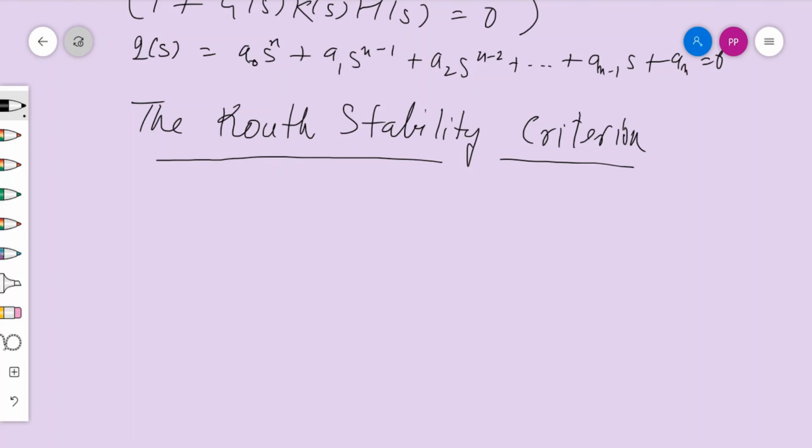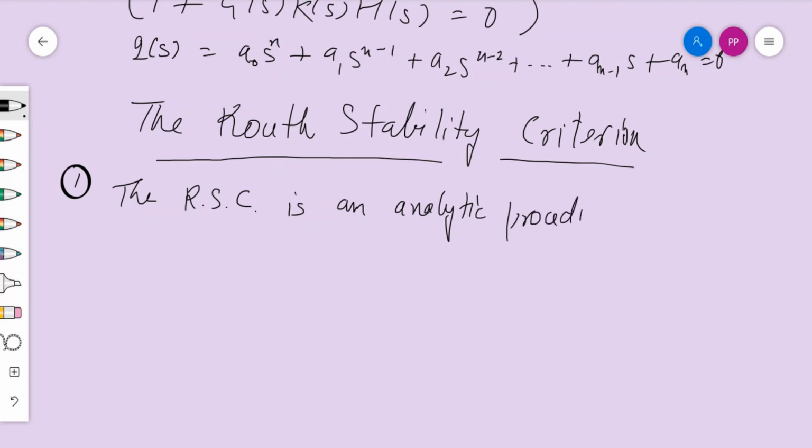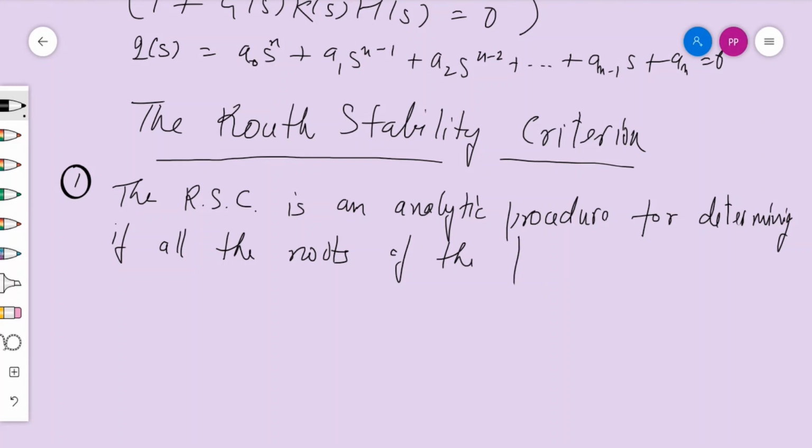As I have already mentioned in the beginning of the discussion, number 1, the Routh stability criterion is an analytical procedure for determining if all the roots of the polynomial, here it is Q(s), have negative real parts